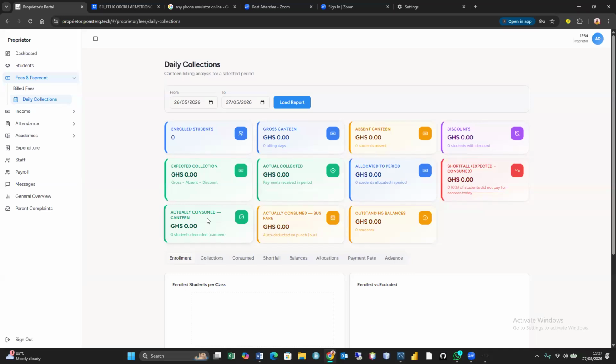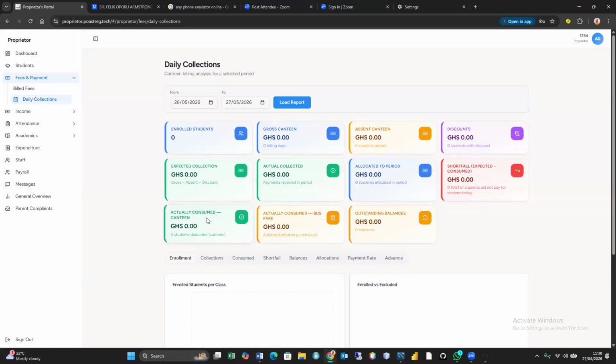The system is not in the canteen. That is actually consumed. Somebody may pay in advance, but on bus school, so can actually consume because we are school system. So on market attendance, that is the point of truth. If you want to use the daily collection, then you need to mark attendance either by biometric or manually. And so on market attendance,